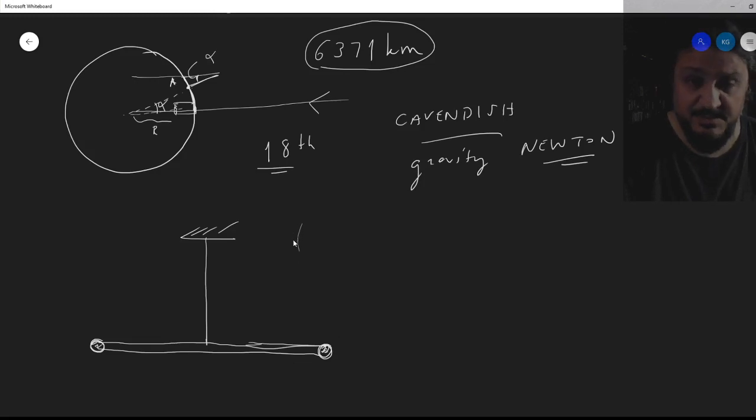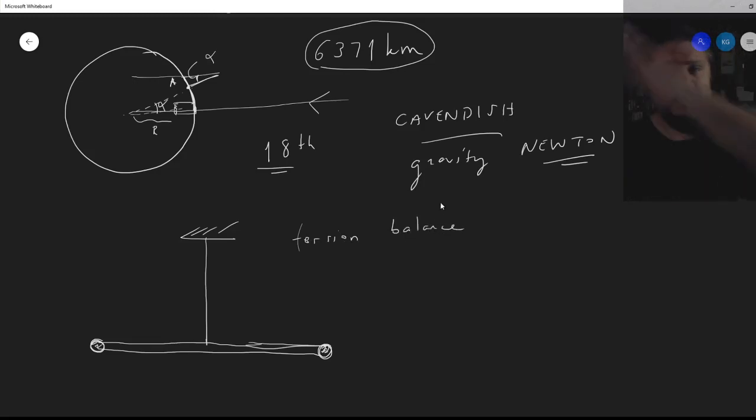So if you just leave it like this, it stays in balance. We call it a torsion balance, actually. This thing is called a torsion balance. Okay, it's not only balanced this way, but it's also balanced that way, because the wire acts like a spring. So if you try to rotate this either way, clockwise or counterclockwise, okay, the wire itself will experience or react with a force, all right?